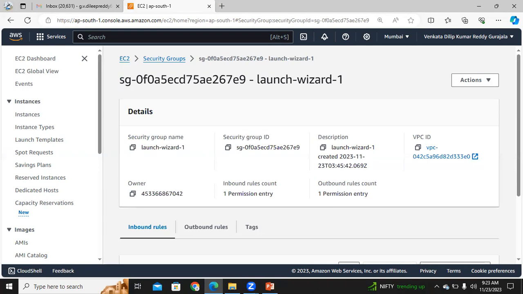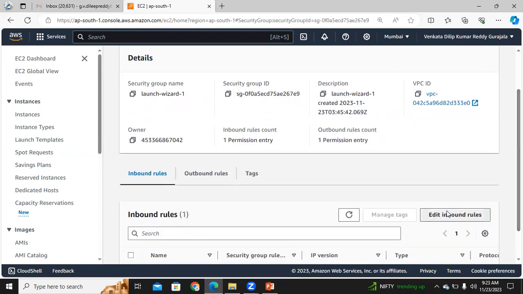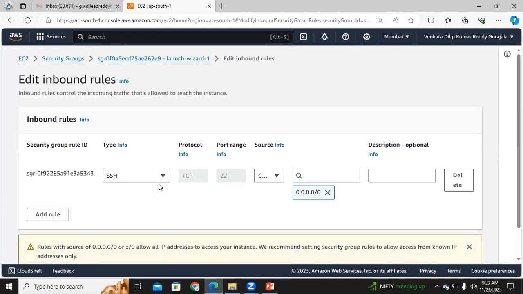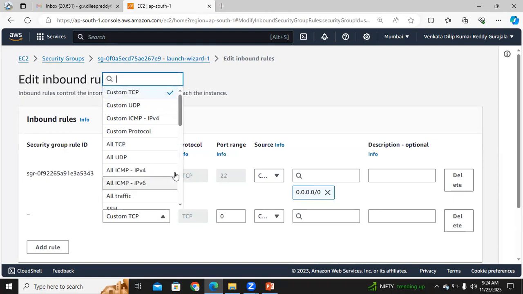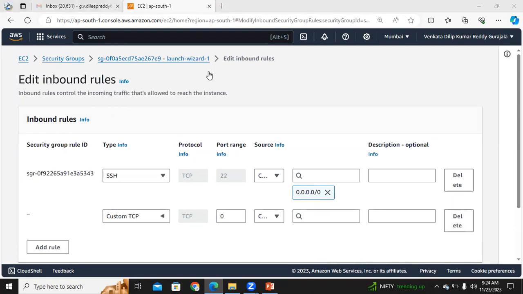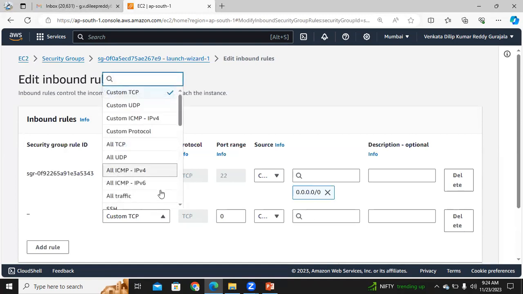Here we have the option to edit inbound rules. There I'm going to add a rule. I'm going to allow all the traffic. If I allow all the traffic, then there is no need to worry about the port numbers, whatever the port numbers may be, like